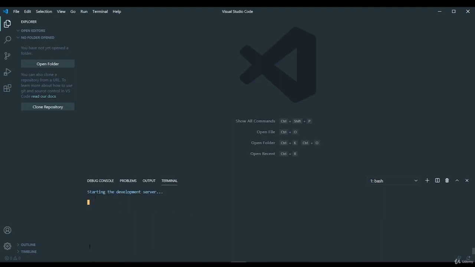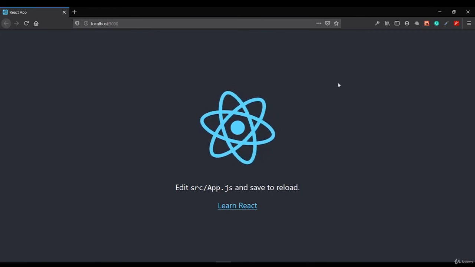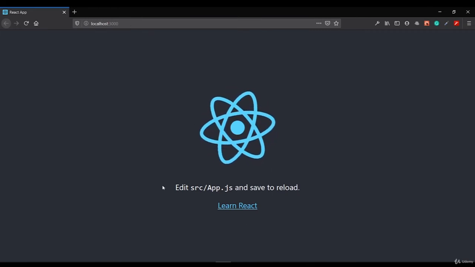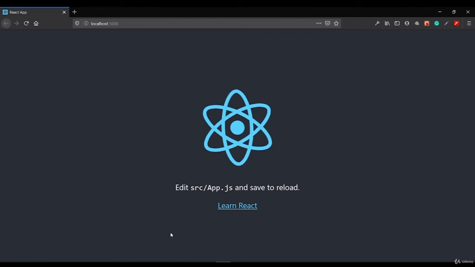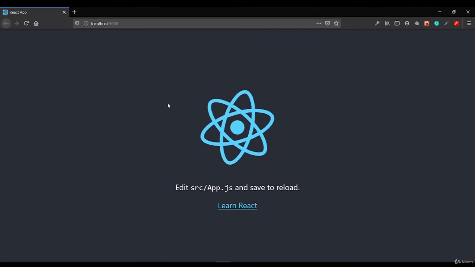You can see here it's starting the development server. So let me wait. Yeah, now you can see it has compiled successfully. You can now view your React app in the browser. This is your local server. You can go there and find it. Yeah, here you can see localhost:3000. This is the home page of every React app which you create. It is the initial starting page or the landing page of your React app.